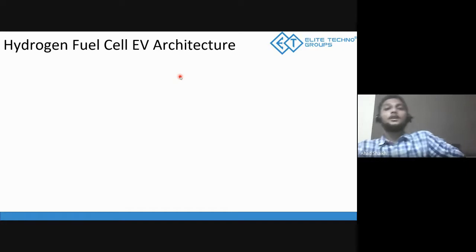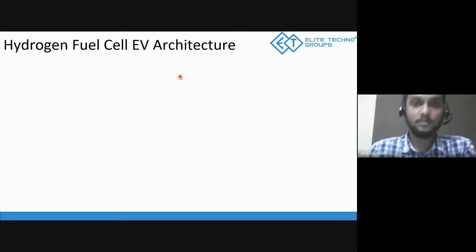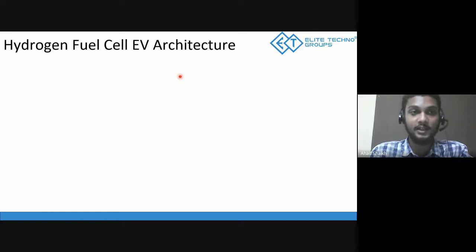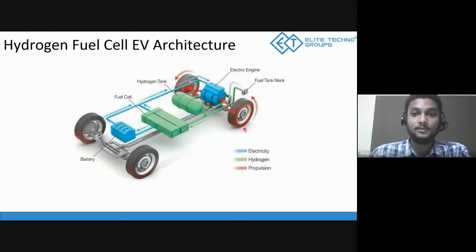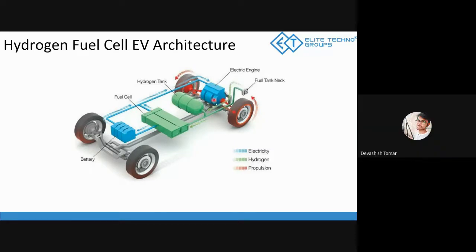So now we have seen the reasons for using hydrogen fuel cells in electric vehicles. Now we'll see how fuel cell electric vehicles work and what their architecture is. Here is a diagram that represents the flow of different energies. The green one that you see shows the flow of hydrogen, and the blue one shows the flow of electricity. And wherever there are red arrows and red marks, it shows the